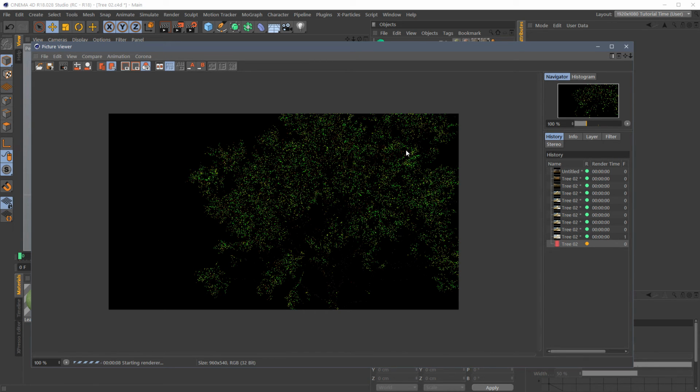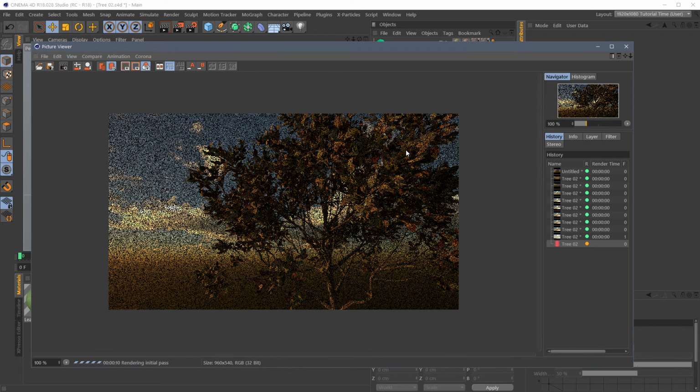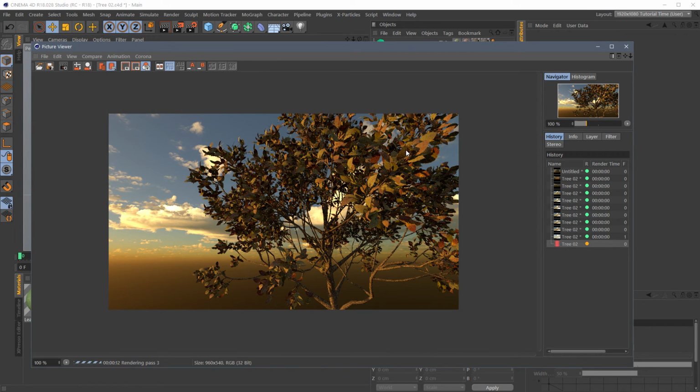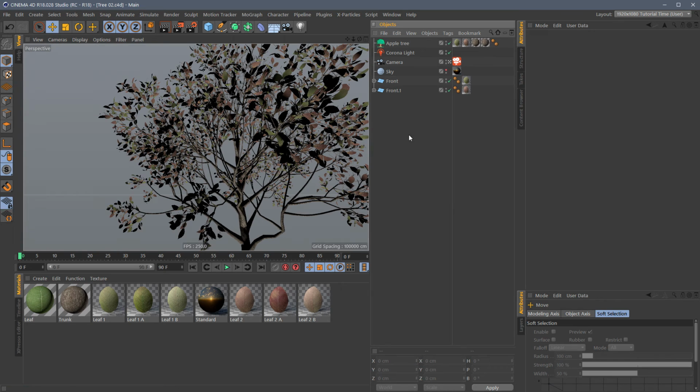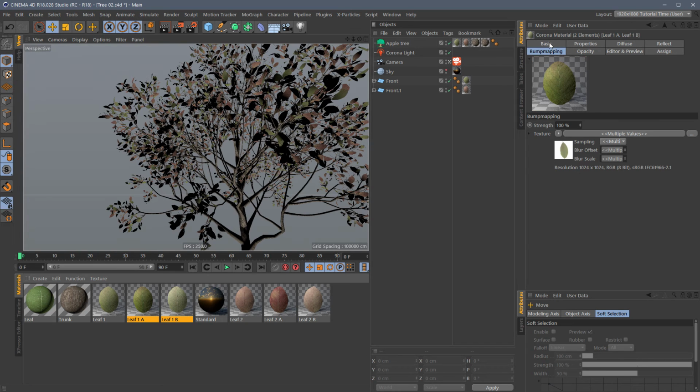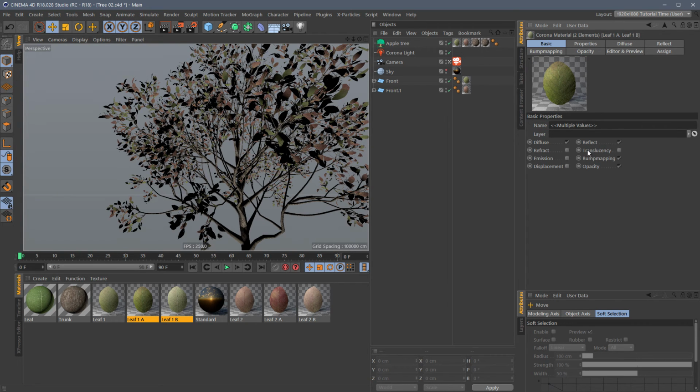And that's looking pretty good. So we have some nice fall leaves here. The colors are different. We have different materials for the back and front of the leaves. It's looking pretty good. Now I'm going to just stop this. And one of the really great things you can do with Corona's Uber shader, if you will, is there's a